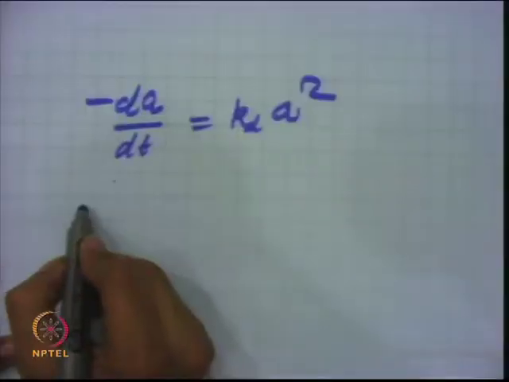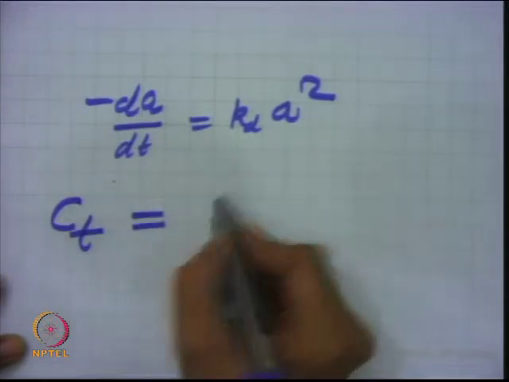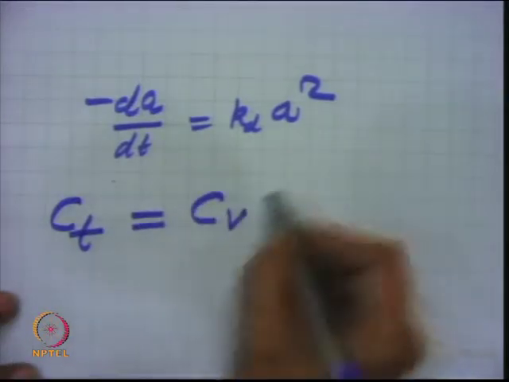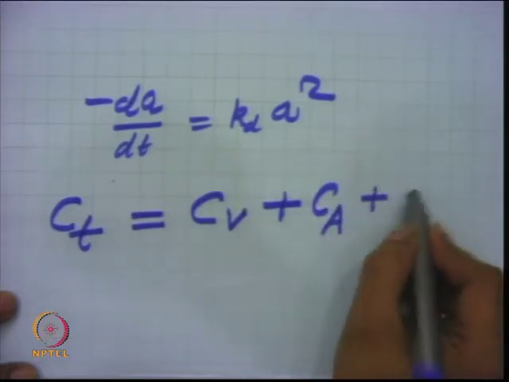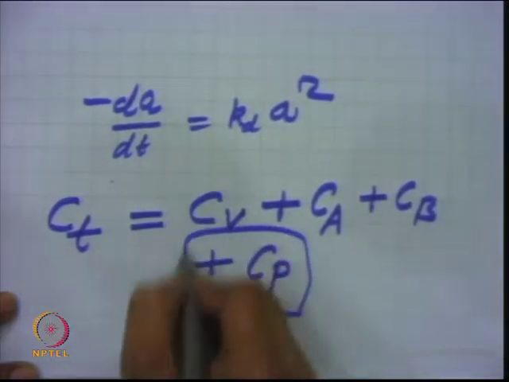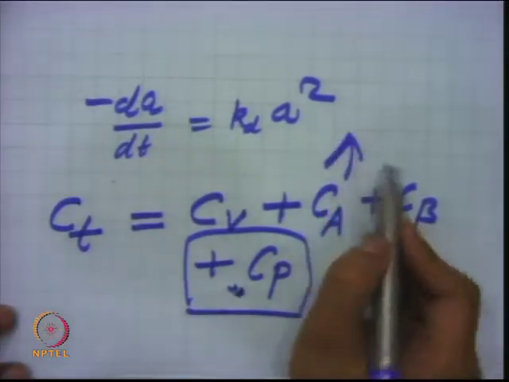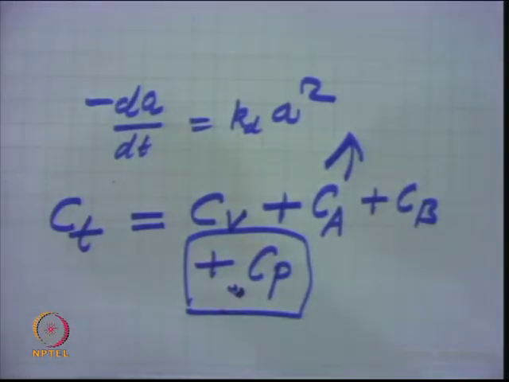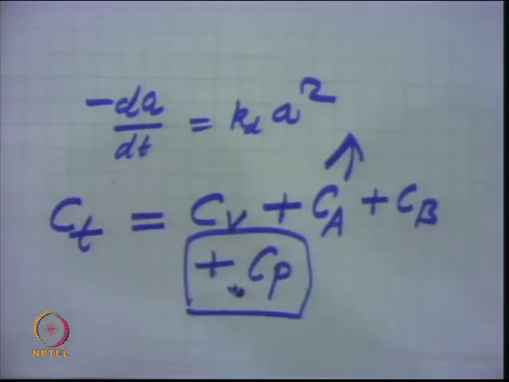So, the deactivation is much faster, and for this kind of deactivation, your total site C_t is nothing but the concentration of vacant sites plus the sites adsorbed by A, C_A, sites adsorbed by B, and sites which are adsorbed by the poison precursor. So, this is the term which is decreasing the activity of the catalyst. A and B are recovered because A·S gives you A plus S and B·S gives you B plus S, but this C_p is a kind of irreversible reaction, right.